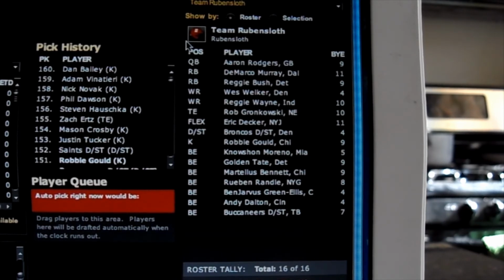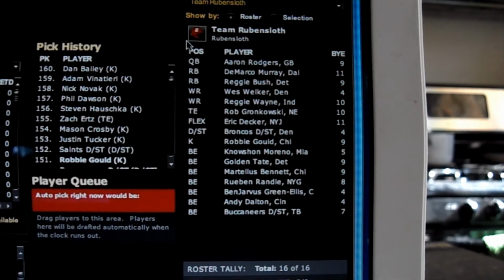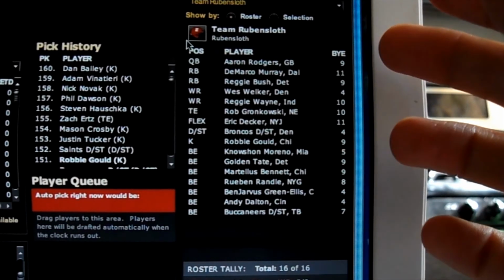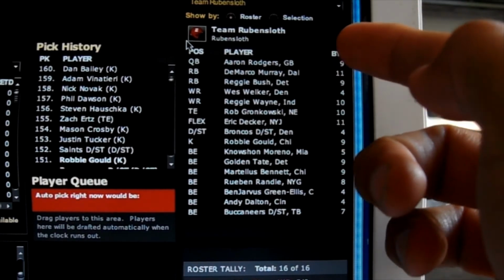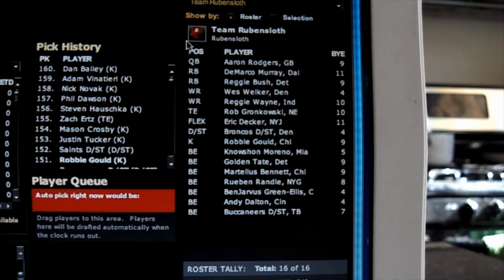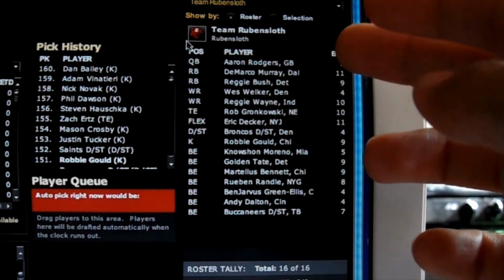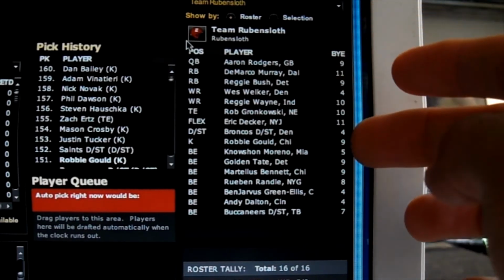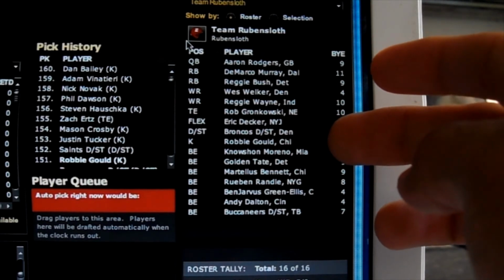Alright, so draft is over. I think I got a pretty good team. Got Aaron Rodgers as my backup quarterback. I got Andy Dalton. Running backs, I got DeMarco Murray, Reggie Bush, then I got Noel Moreno,